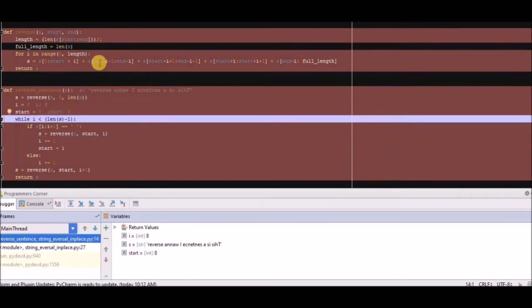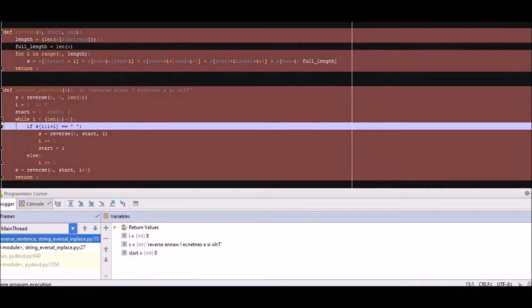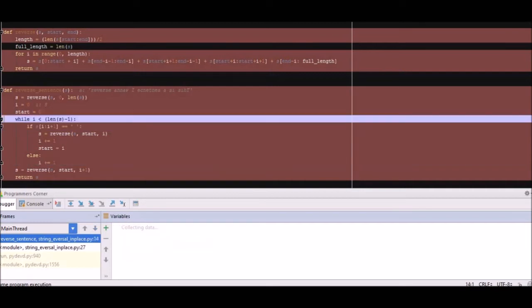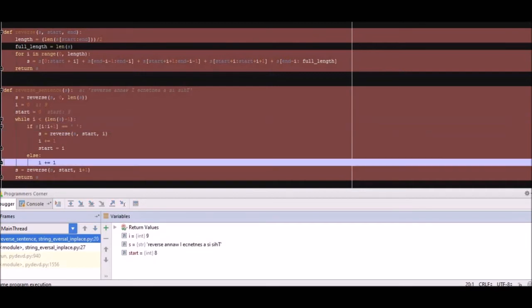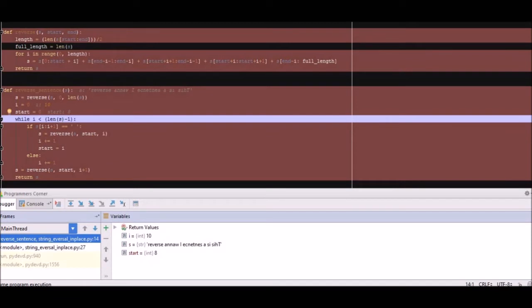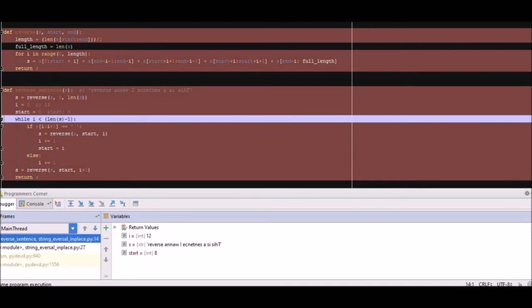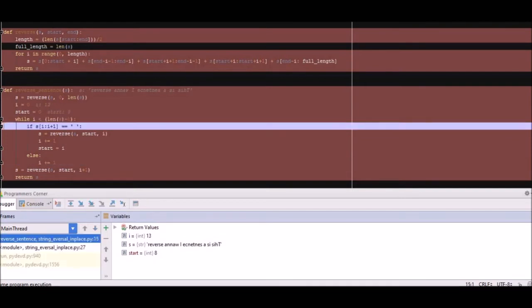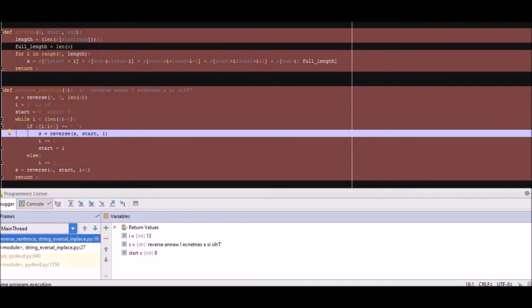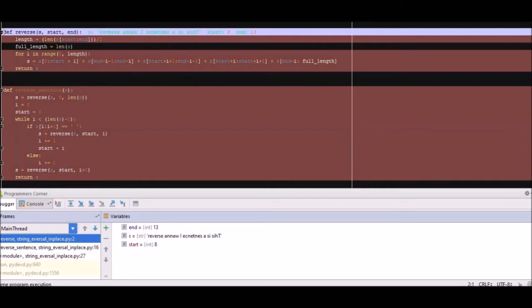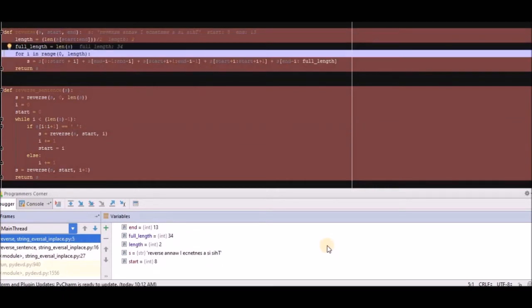Now the start is going to be at 8. This is where our start is going to be. The I is going to be at 8 as well. We are going to see if that's our space. It's not our space, so I becomes 9. Is that our space? I becomes 10. Is that our space now? I guess the 13 is what our space is going to be. There you go. So now start is 8 and I is 13, and I think, as I explained before,